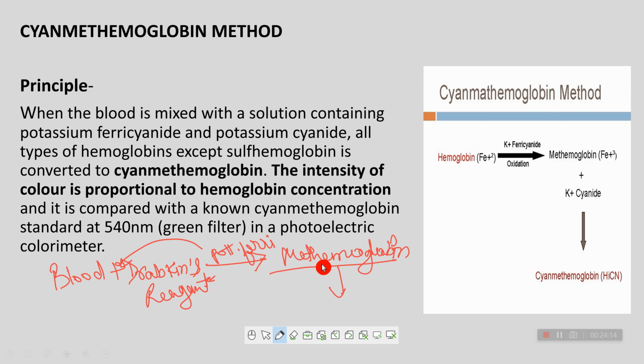Then, after the conversion of hemoglobin into methemoglobin, potassium cyanide present in the Drabkin's reagent reacts quickly with the methemoglobin and converts it into cyanmethemoglobin,